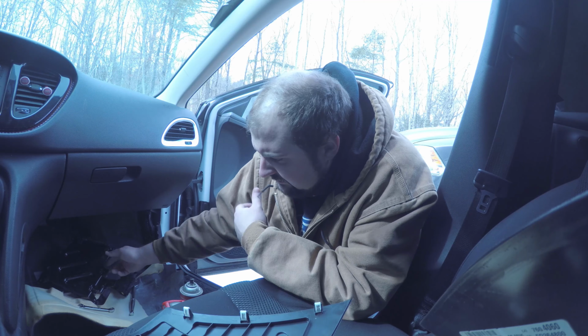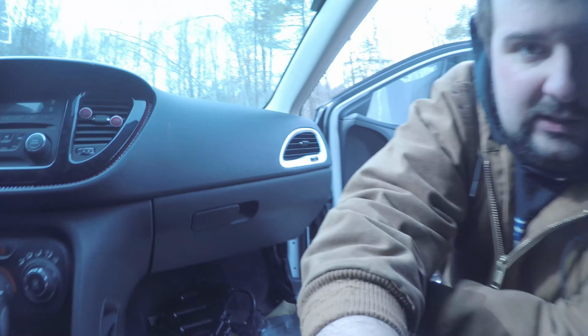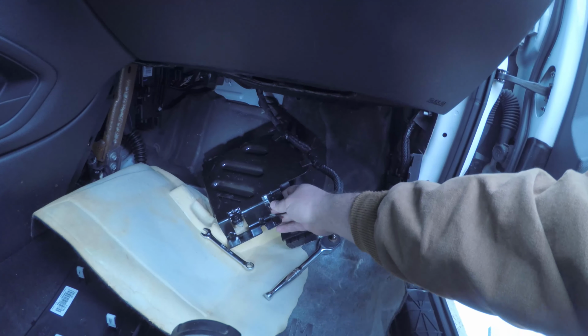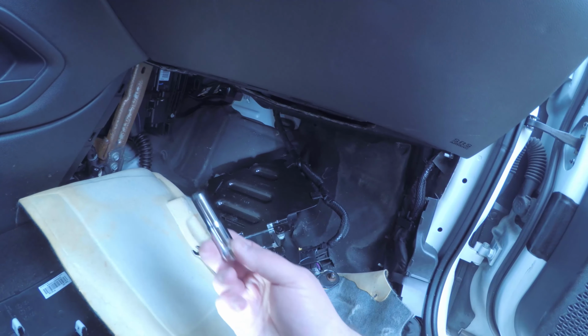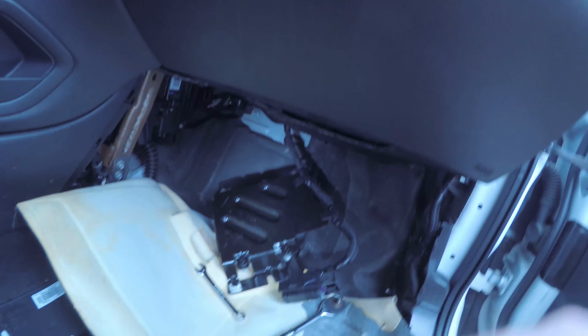So what I found, I took the transmission control module out of the footwell. On these cars, it's right here on the passenger side footwell, and you can see, let's put some light in there. I don't know if that's bright enough. This is the unit itself. There are 3 bolts that hold it in place. There's this slot down here. They are 10mm bolts, 10mm nuts, like this. You have to use a deep 10mm extension and unscrew them, and there is also